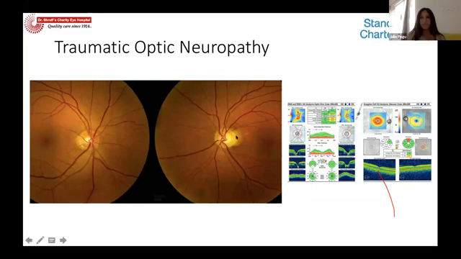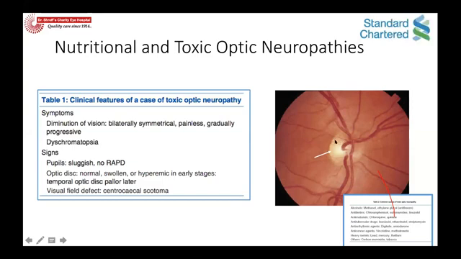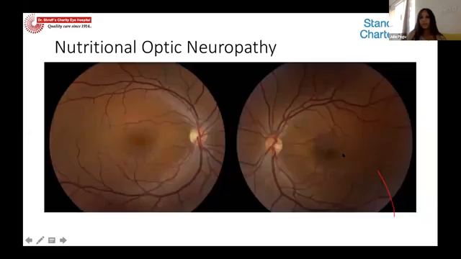So here you can see that some amount of pallor has set in, but otherwise the patient is 6/9 and there are hardly any changes. Next comes your nutritional and toxic optic neuropathies. Here, I think the history is very important. Bilaterally the patient will complain of decreased vision, which is painless and progressive, and if you delve further into it, you will be able to get the nutritional and toxic history of the patient, the medication the patient is on. And when you examine the optic nerve, I think the most important thing is you get a temporal pallor in these patients. So you get a temporal pallor bilaterally,